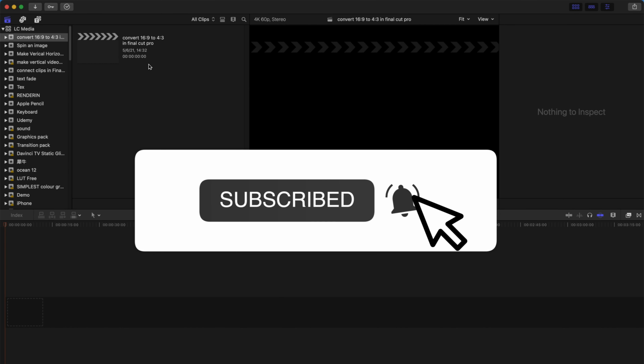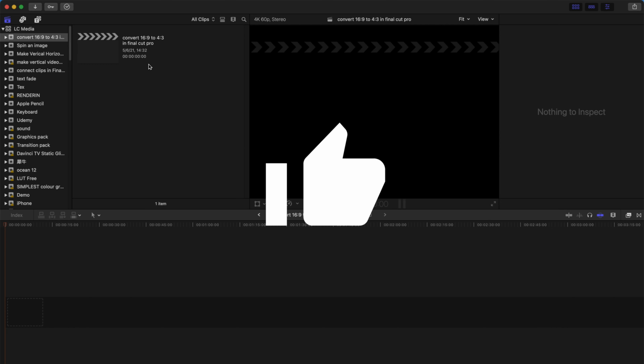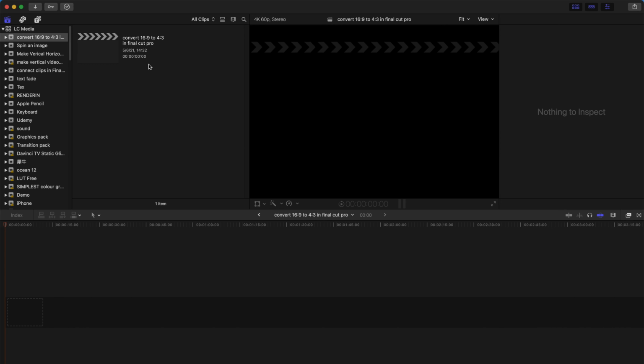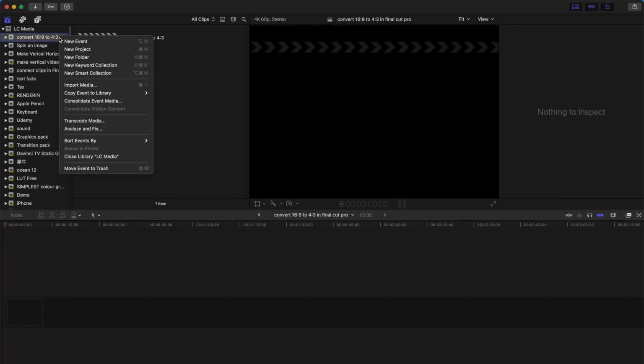Today I'm gonna show you how to convert a 16:9 aspect ratio video to 4:3 aspect ratio. So let's get started. First, I want you all to create a new event and right click on this and